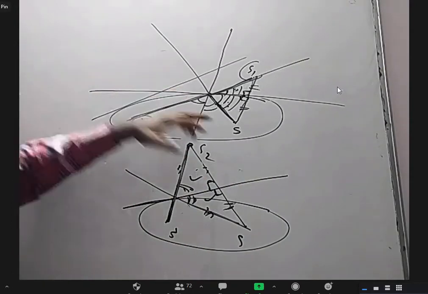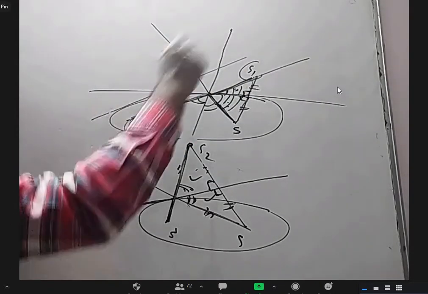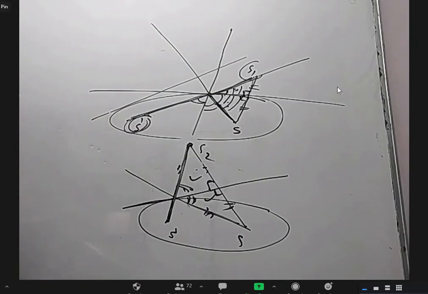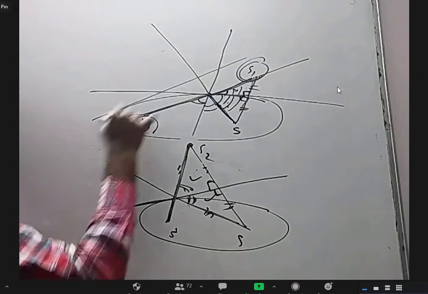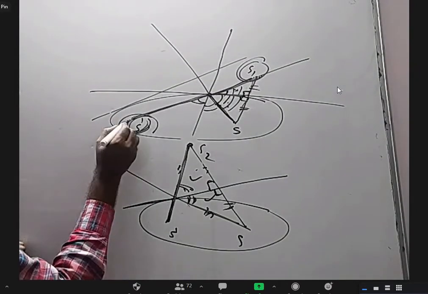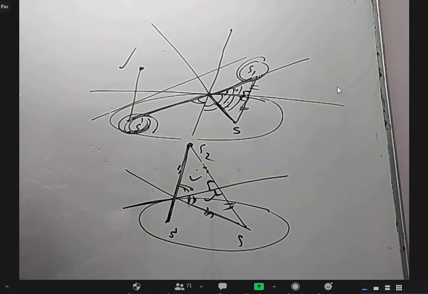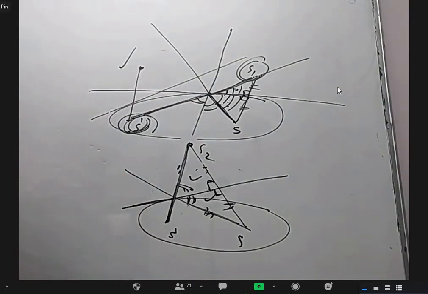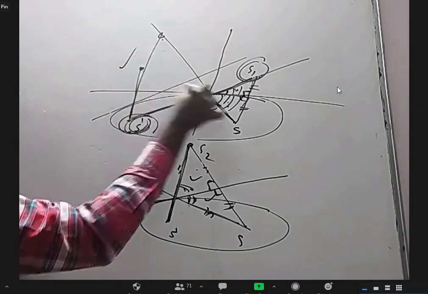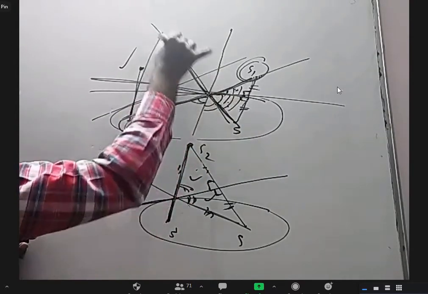So when you find the image of one focus with respect to different tangents, you may get different points, but from S dash they are always at a distance 2A. That way the locus of this point is a circle with this as the center and 2A as the radius. And if you take the image of S dash with respect to this tangent, what will the locus of that point be? Again a circle, with this focus as the center and the radius 2A. Obviously if you draw properly, it should lie on this, because this plus this is 2A, this plus this is 2A.